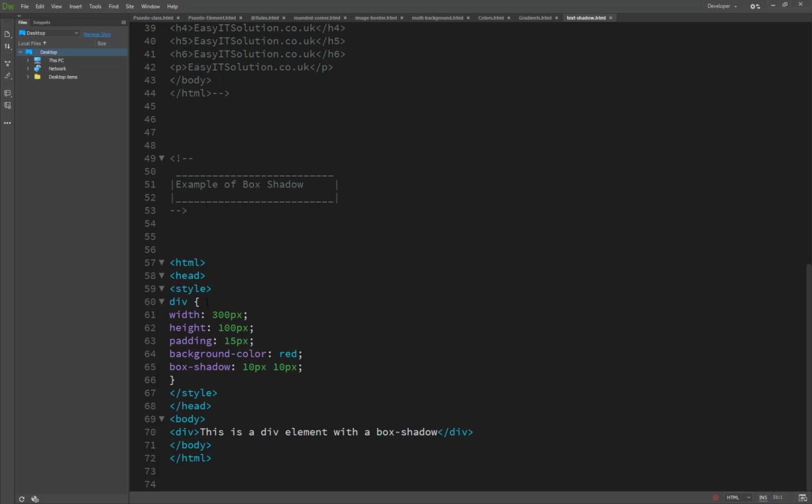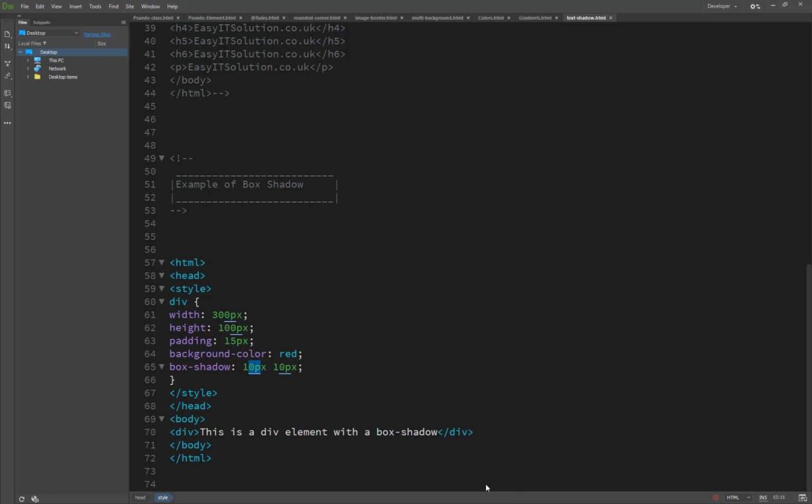And I have set the property: the width of 300 pixels, the height 100%, padding 15%, set the background color left, and the box shadow 10 by 10. So now you will see the result here. So it's a color black, but if I just set the background color